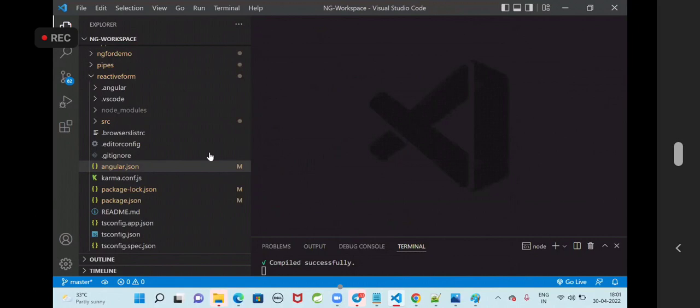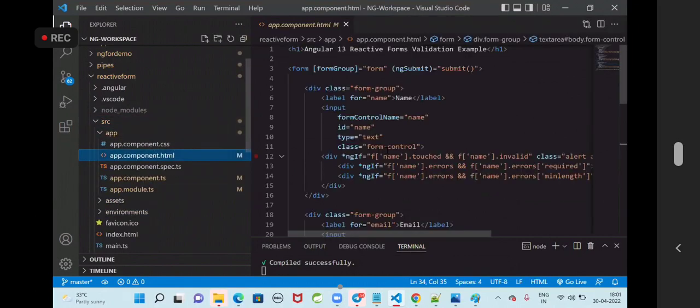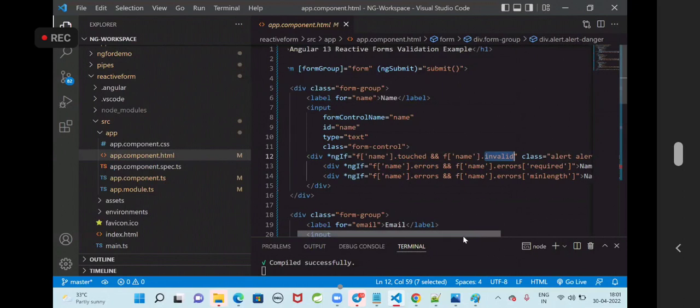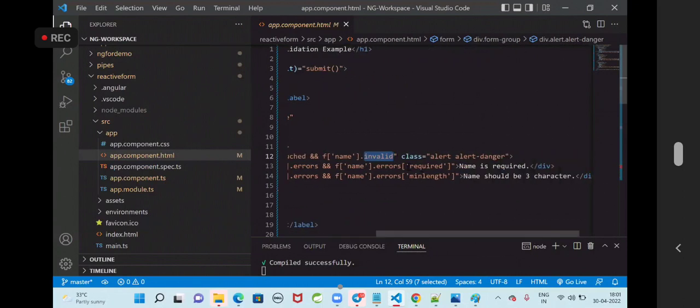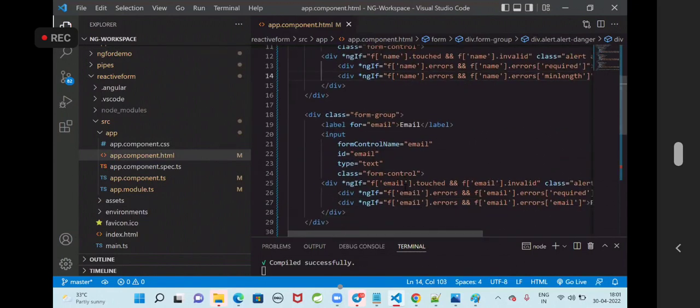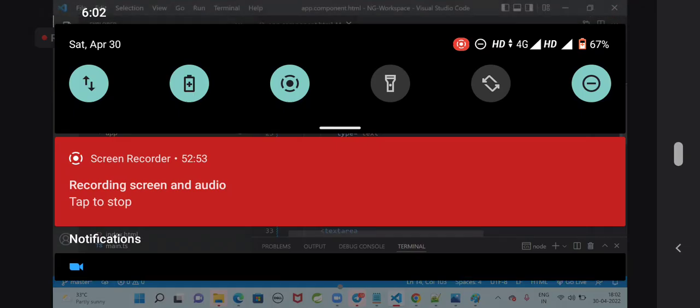Good. So here also we have done the validation. Same thing for the validation: ngIf directive. If name is touched and if the name is invalid, then if it is because of required validation, name is required. If it is because of minlength validation, then name should be 3 characters. That is the validation we are printing. Same thing for email also. For emails we are giving input